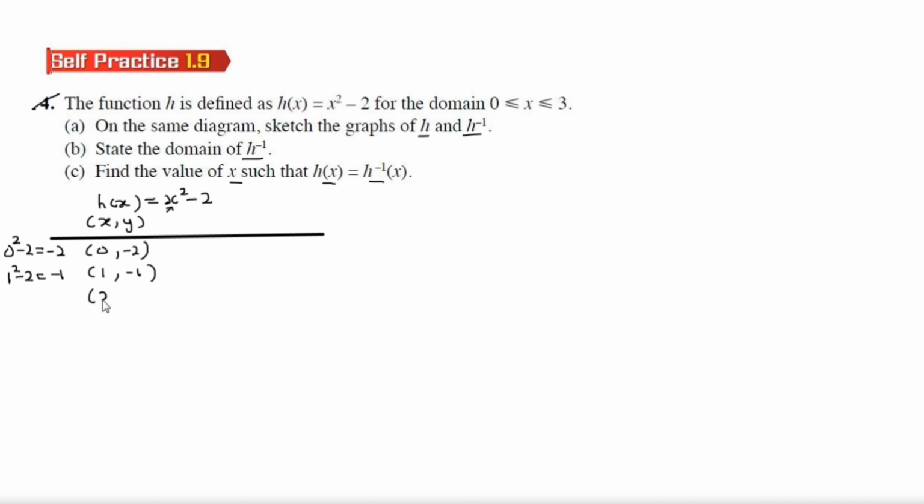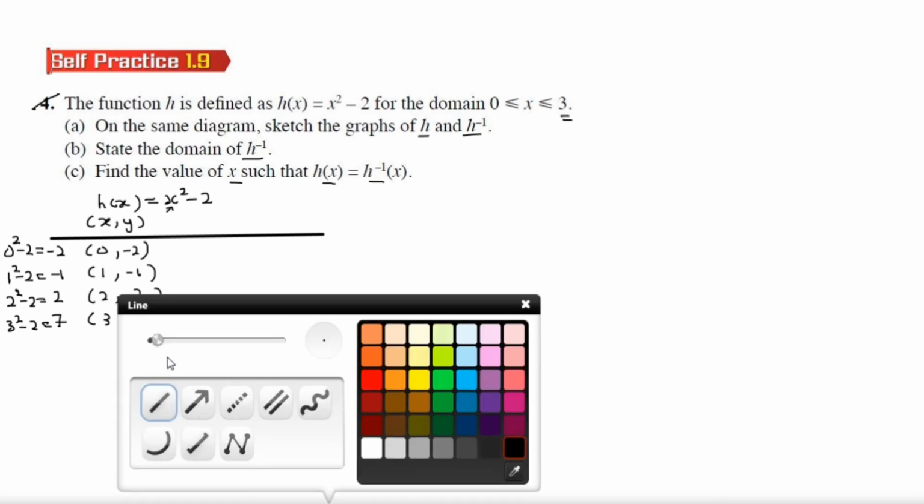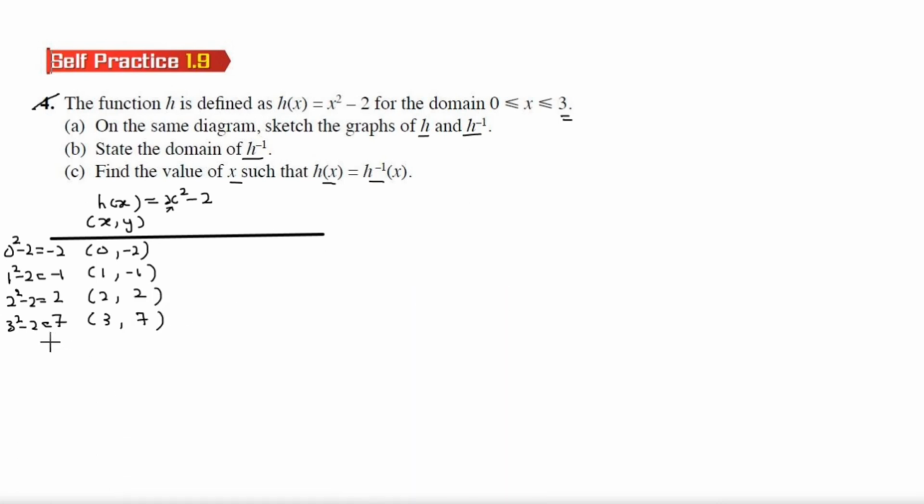You can try 2. So 2 squared minus 2, that is 4 minus 2 is 2. And then lastly, you can try 3. So 3 squared minus 2 equals 7. So 7. Then draw a simple table. And next,